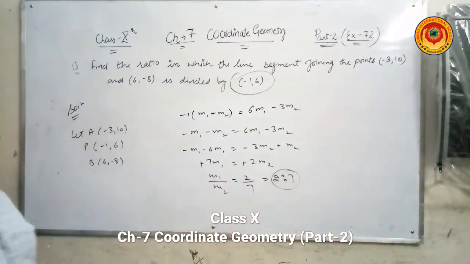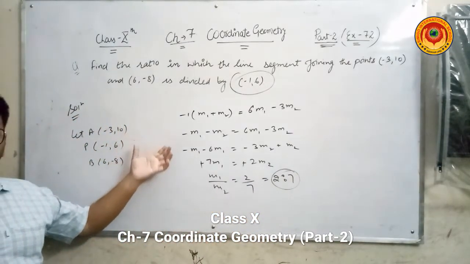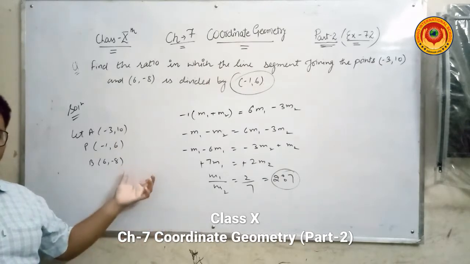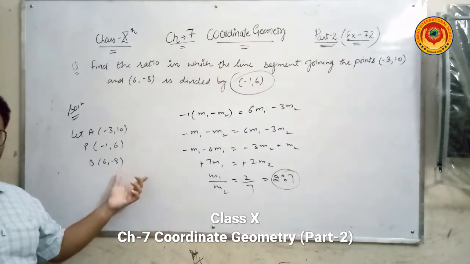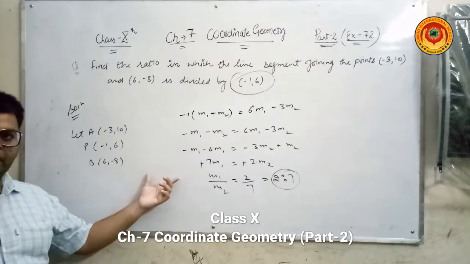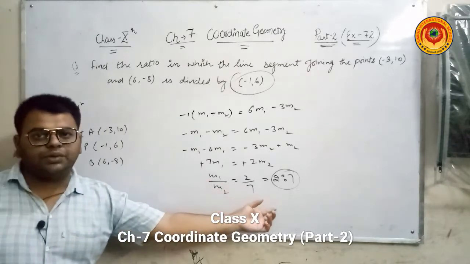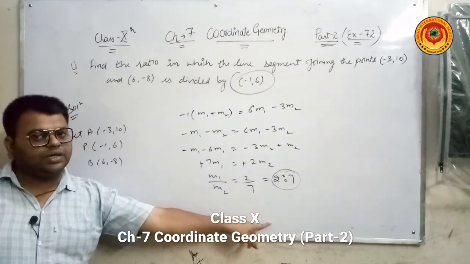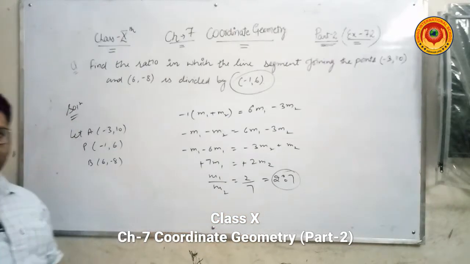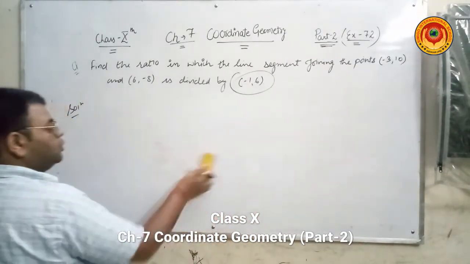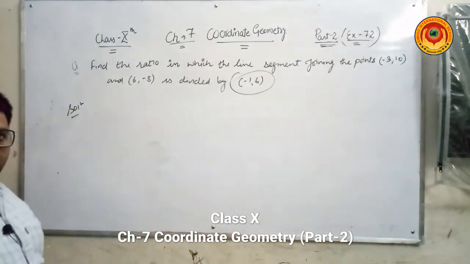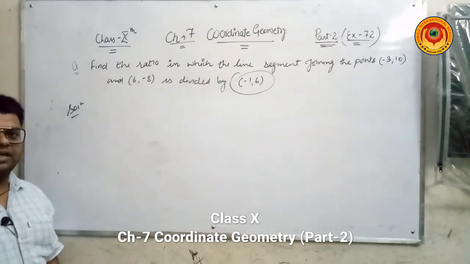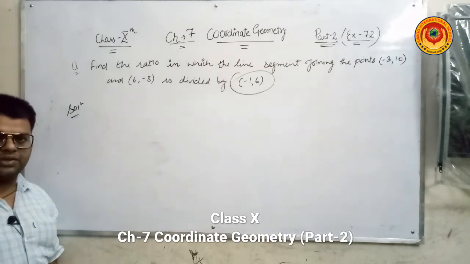2:7. Okay, the same answer you can find with the help of y. Use the coordinates of y and you can find the answer. With the help of y you can find again the same ratio, 2:7. Again the same answer will be there, you can check. Okay, in exam you have to solve both x and y. If it is a 3 marks question, then both are necessary. If it is a 2 marks question, then no need to do this.